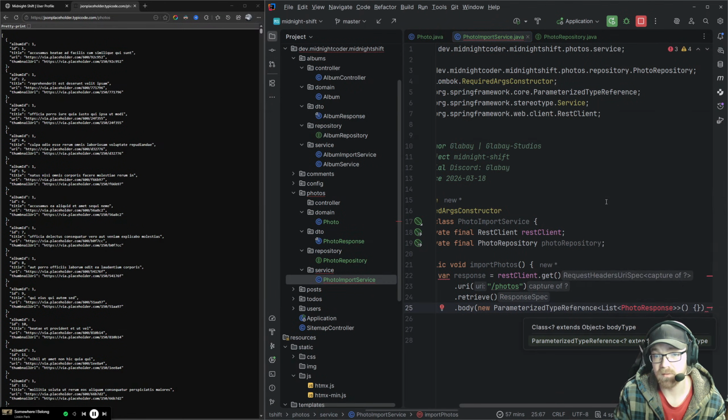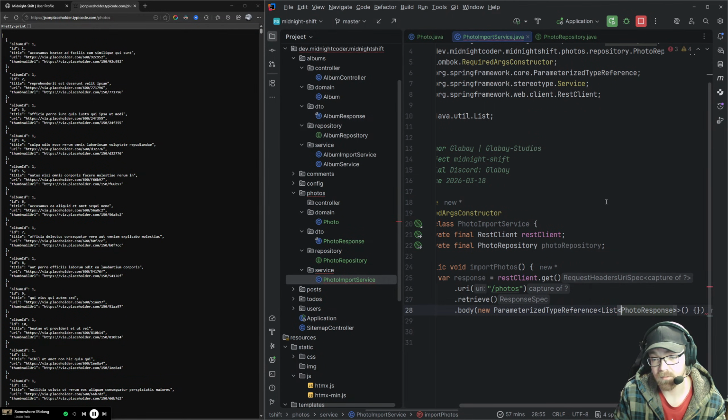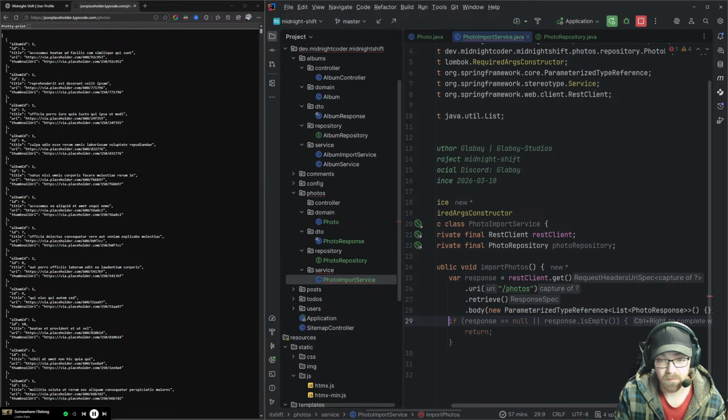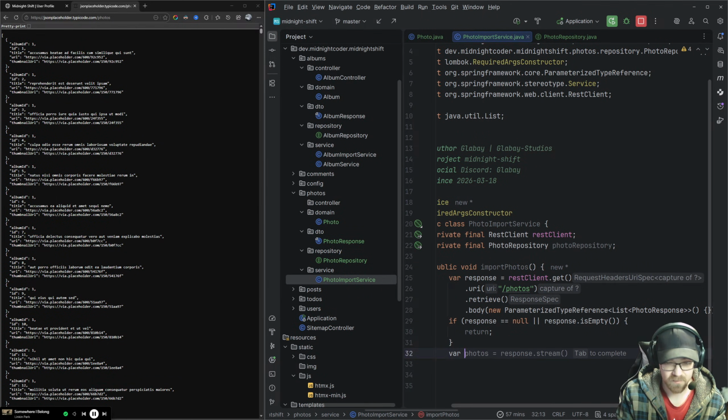That is perfect. Import that. Import that. We want to semicolon that. And now we want to make sure that the thing is not null or empty. Perfect.